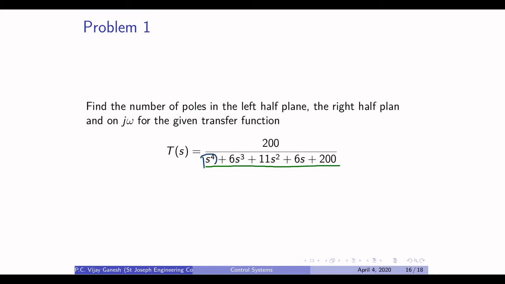So the first rule is we have to identify the maximum power we have. Here the maximum power is S power 4, then S cube, followed by S square, S, and S power 0. The Routh's table says